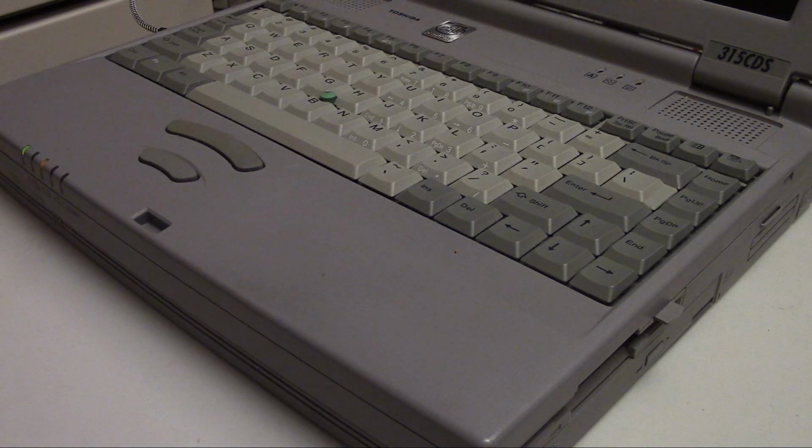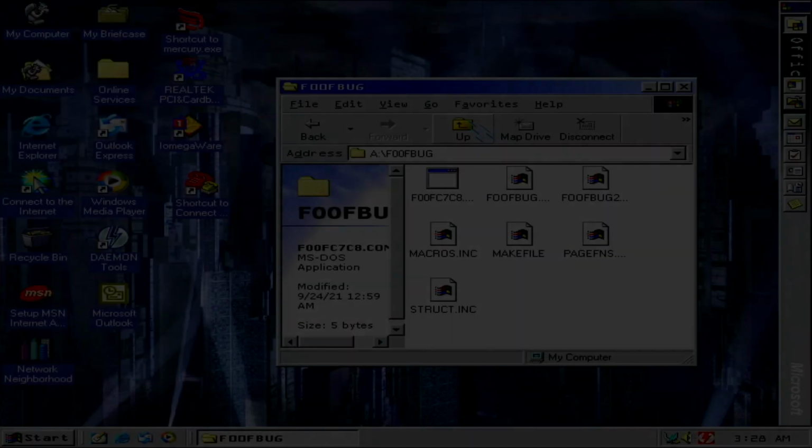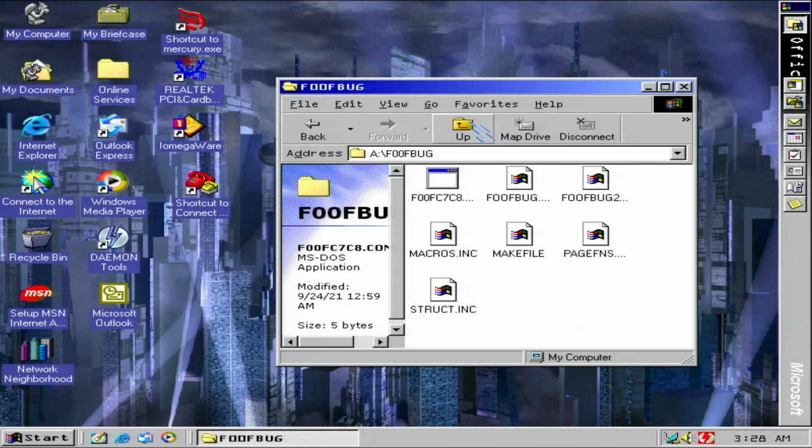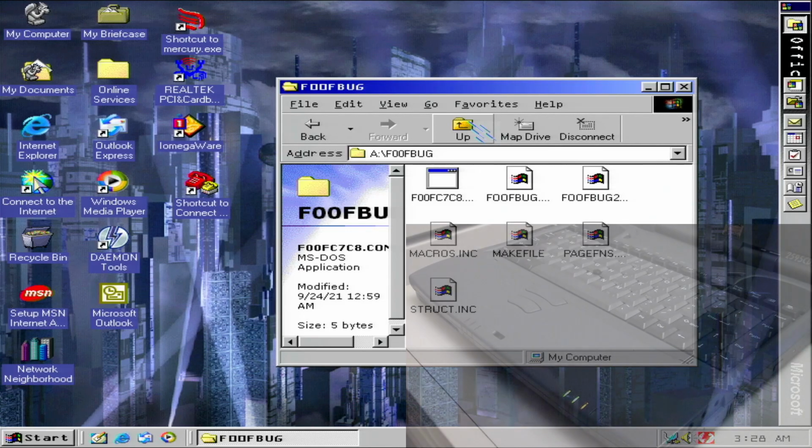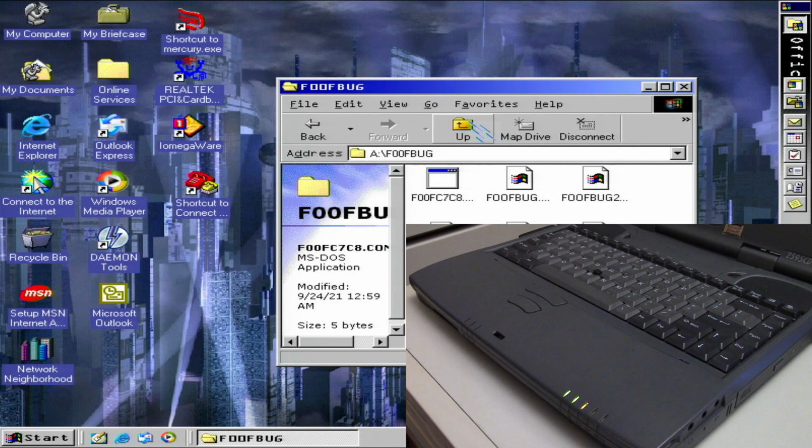Okay, we've pretty much seen it on desktops and laptops, so the question now is, what happens if we try to run the FOOF bug on a more modern processor that's actually been corrected for it? So now we have this Toshiba 2595 CDT Satellite laptop. Now this has got a 400 megahertz Celeron processor in it with its corresponding chipset. We've got Windows 98 Second Edition loaded on this, and I've got my bug testing disk loaded into its floppy drive. And if we try to run this now,